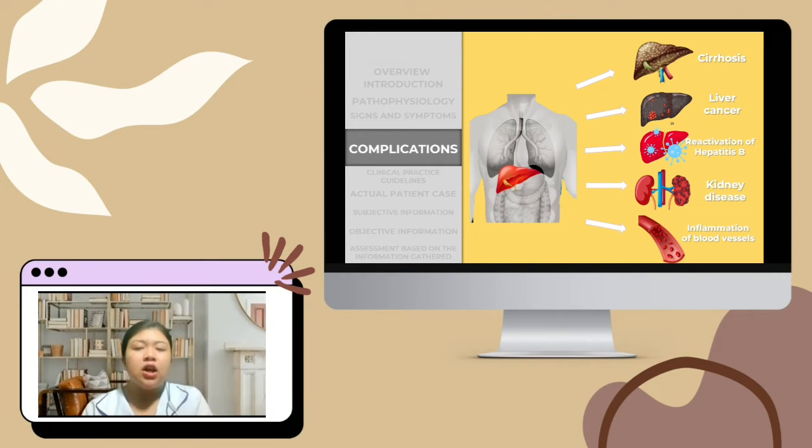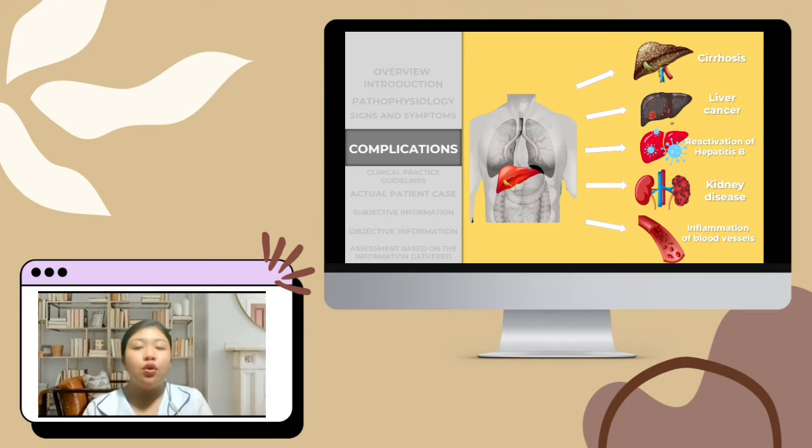Next is kidney disease. So ngayon, nagtataka kayo kung bakit nagkaroon naman ng kidney. Eh, yung sabi ko lang kanina, ang focus ng hepatitis B is sa liver lang, kasi inaapektuhan ng hepatitis B virus is yung liver. And syempre, once na naapektuhan na si liver and lumala na yung infection sa liver natin, hindi pwedeng hindi aapektuhan ng virus na yun yung ibang mga parts ng katawan natin or yung ibang organs. So, bale, since sobrang infected na yung liver natin, may possibility na magkaroon din ng infections yung ibang organs natin